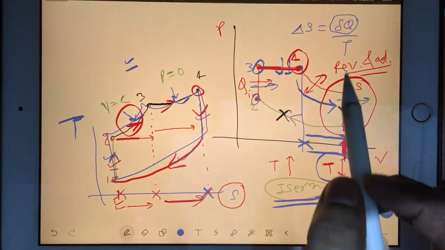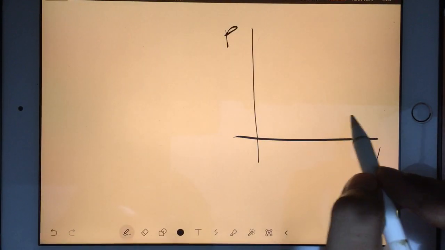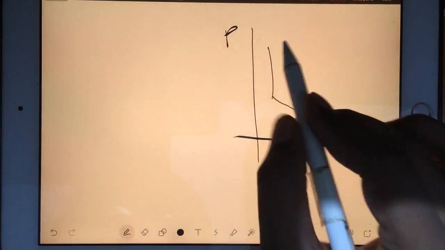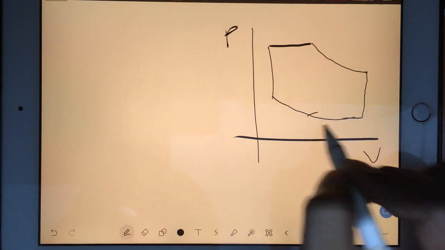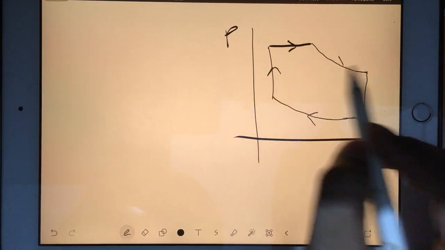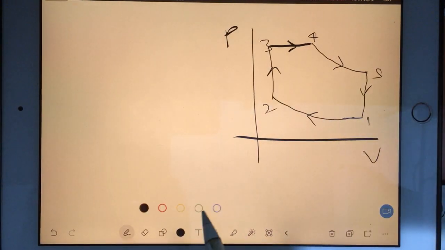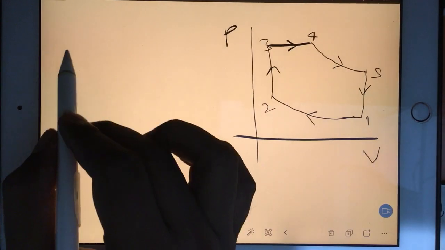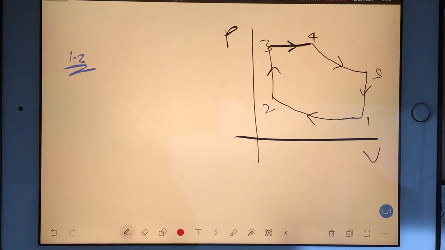Now see, you should be good at drawing the diagram. In the dual cycle, if I tell you to draw the PV diagram, how fast should you draw? Okay, this one, then this one, then this one, then this one, and then this one, and you should put the arrow like this. Then you put 1, 2, 3, 4, 5. After that you should put their names. So for 1 to 2, tell me what will be the name.